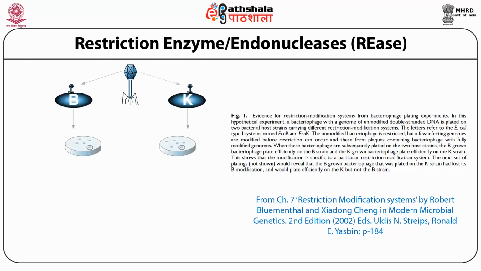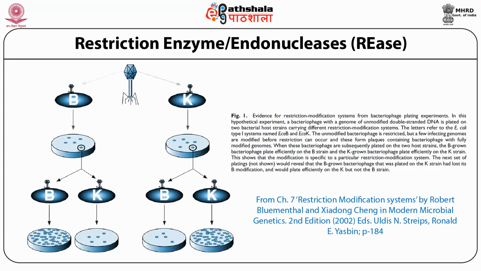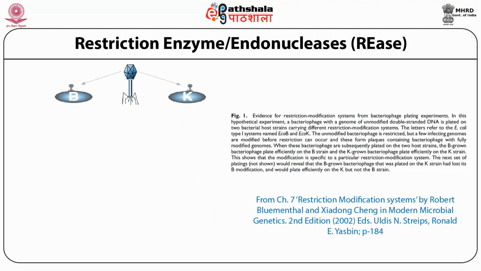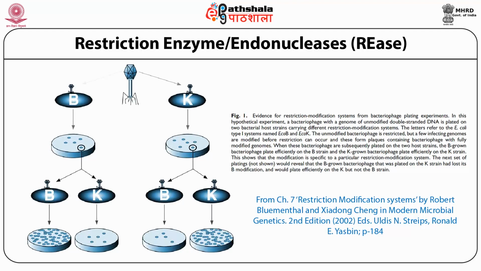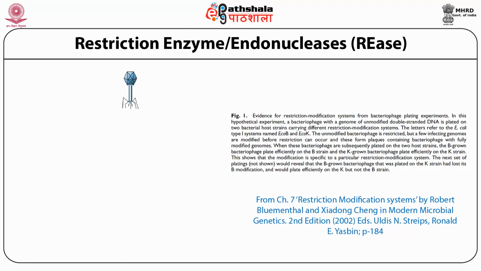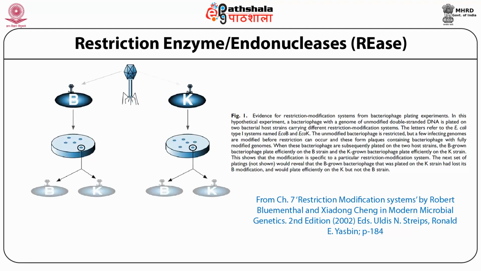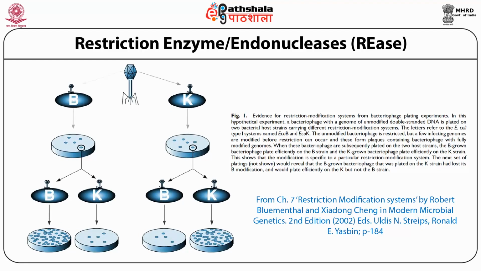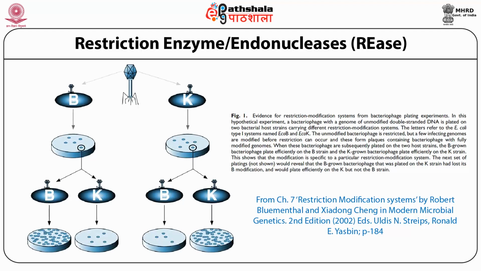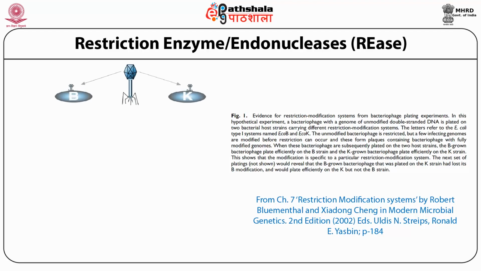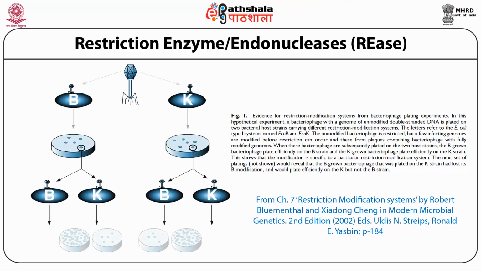Bacteriophage plating experiments are generally performed to assess the susceptibility of bacterial strains to bacteriophages, mostly DNA viruses that kill or lyse the bacteria. In the experiment, bacteriophages are plated on a lawn of cells of the test bacterial strain. If bacteriophages are able to infect the bacteria, they produce a clearance zone or plaques as a result of lysis of the cells. In these experiments, it was observed that the ability of bacteriophages produced from one strain of bacteria remains quite high for the same strain of cells, but not for another strain of bacteria